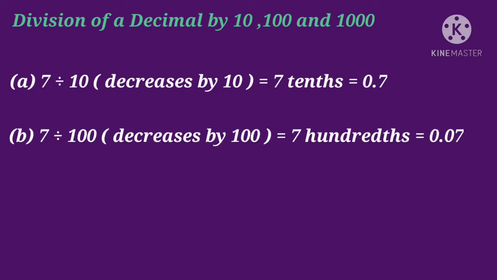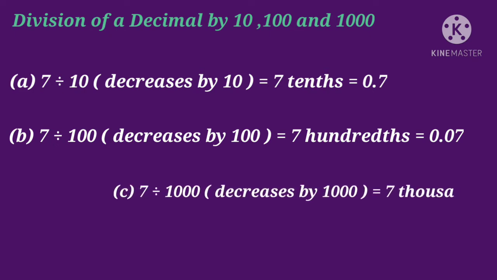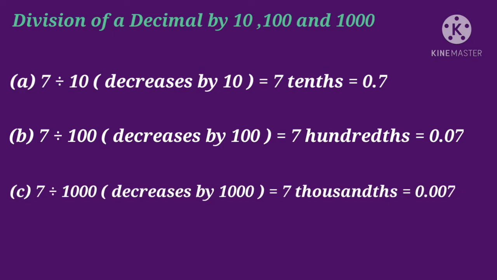Here the value decreases by 100. So 7 by 100 is equal to 7 hundredths, which is written as 0.07. 7 divided by 1000. Here the value decreases by 1000, which is equal to 7 thousandths, which is written as